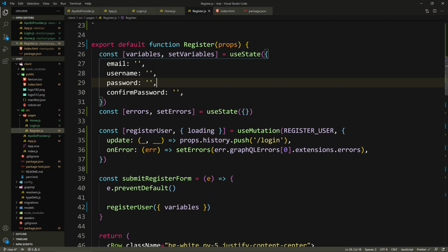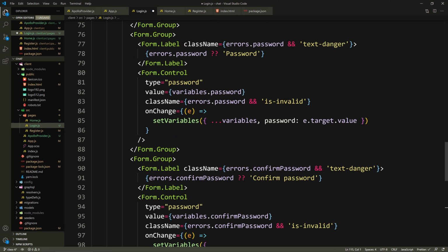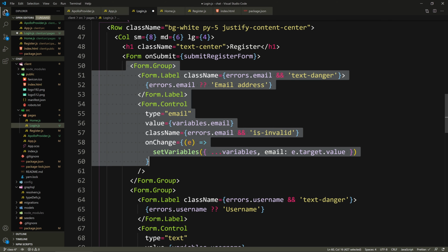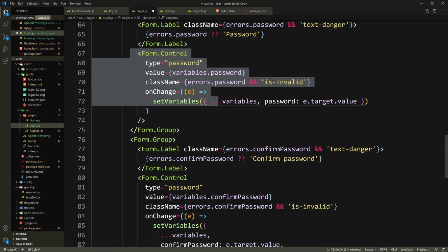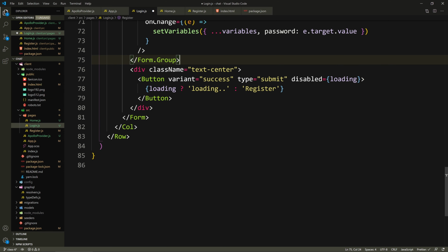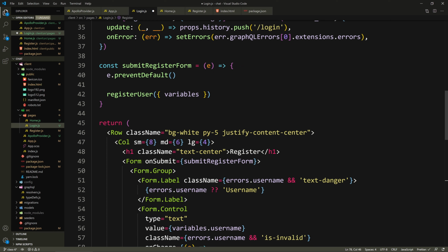What I'm going to do is copy everything inside of the register and paste it into the login, because it's pretty much the same, except we're going to scroll up. So we're going to remove the email input because we use the username to login. And let's keep the password and remove the confirm password form group. And here for the button, it's going to check for loading, else it's going to say login instead of register. Let's scroll back up, and here the title of the page should be login,